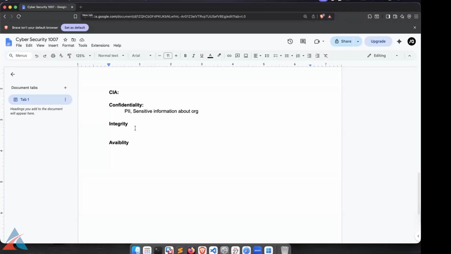Let's look at the example that we have seen. What do you think was the confidential information hampered in the demo that I showed you? What do you think? Username and password? Yes, username and password.